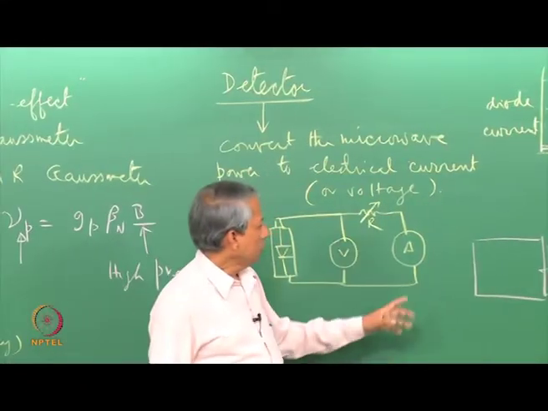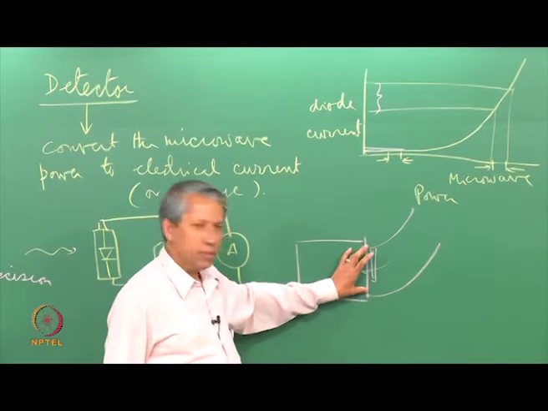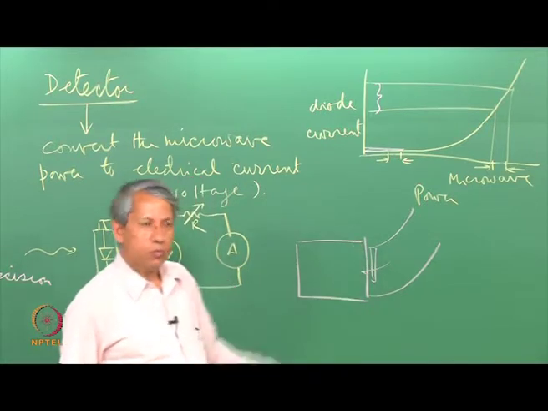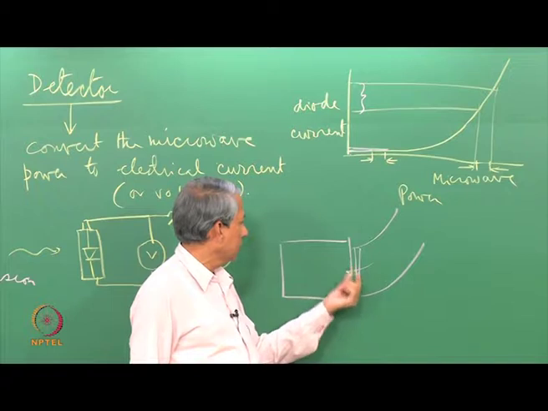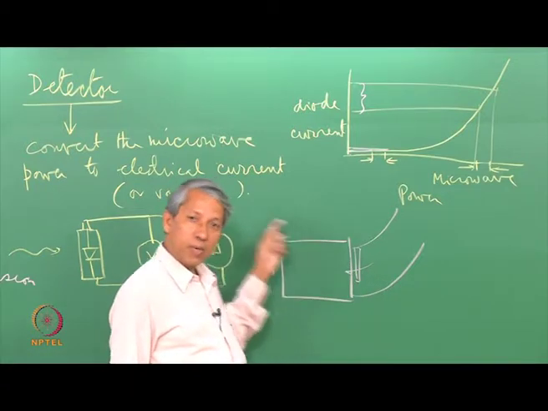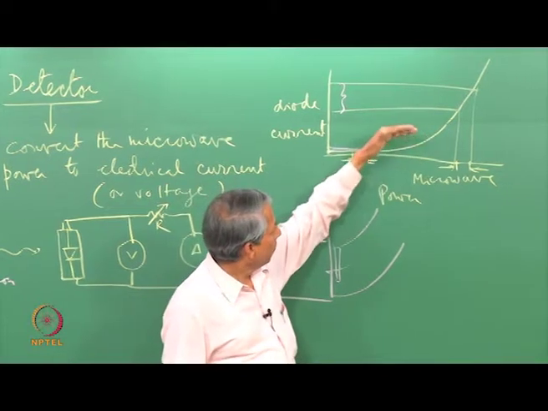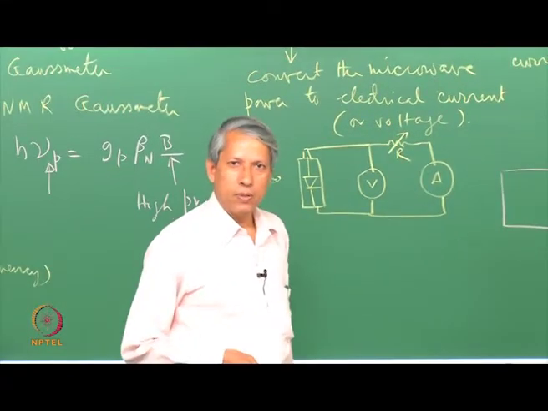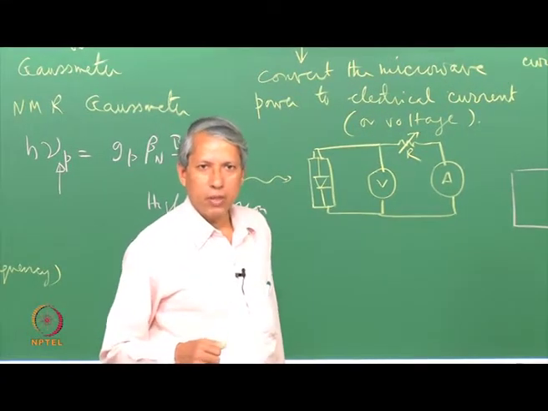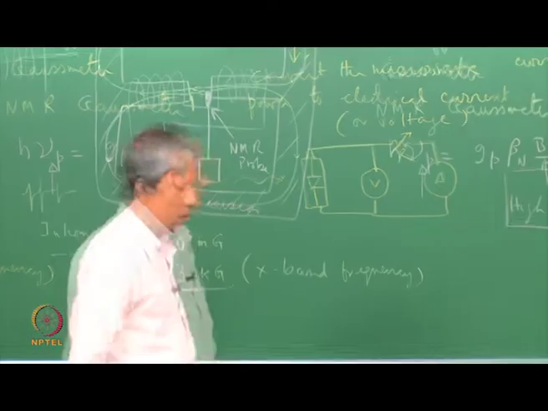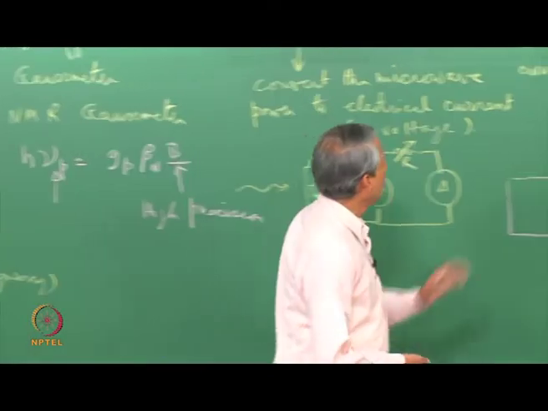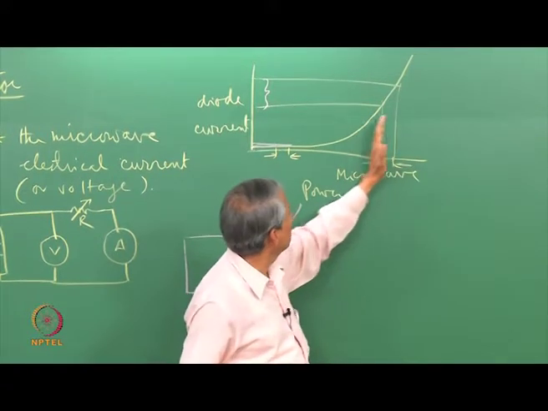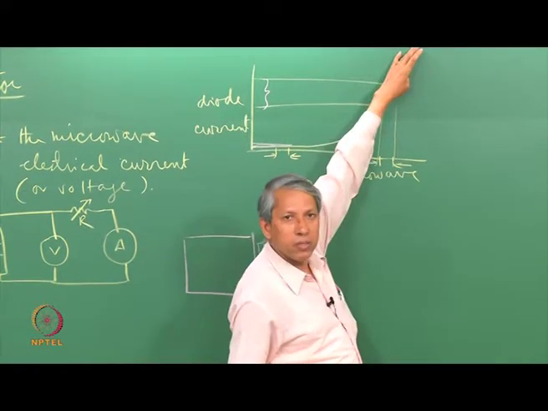But then you see we are sacrificing some amount of sensitivity by deliberately mismatching the cavity matching. So another way to do would be that we work at the critical matching, so that no reflection takes place. Instead we find some other path to bring microwave to the diode, which we will see later in our EPR spectrometer diagram, which is called biasing the diode using a different path of the microwave power that falls on the diode. Now here how much bias power I can give, the way it looks like, the more the merrier type of arrangement, that if you keep on increasing, the sensitivity seems to be increasing, but that does not happen.